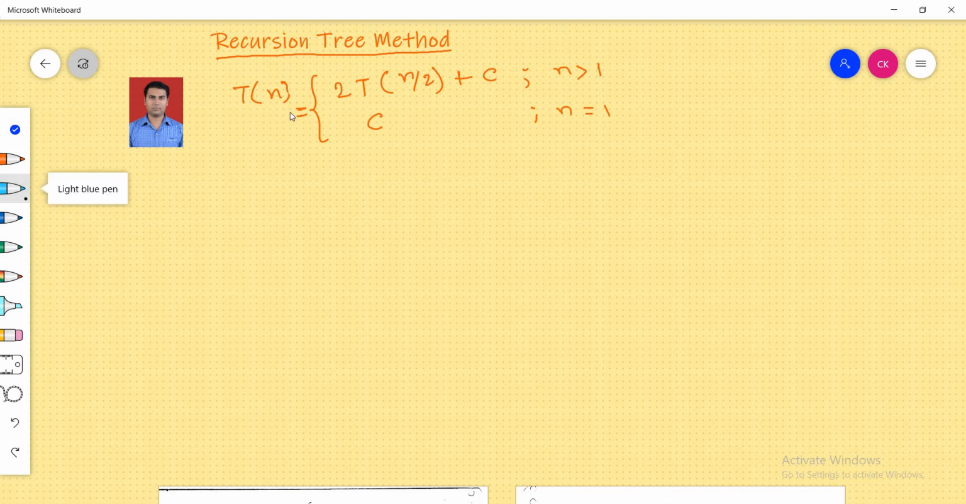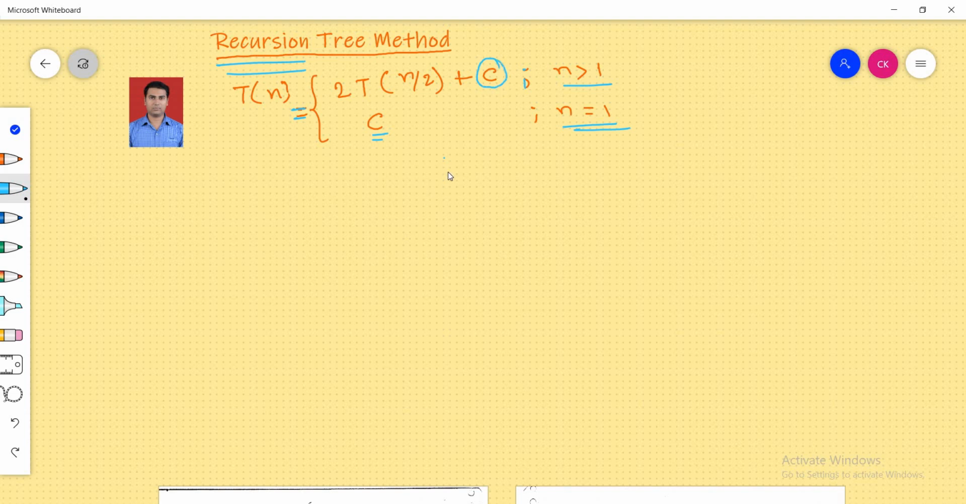So let us suppose this is the recurrence relation given. T of n is equal to 2T of n by 2 plus some constant c for n greater than 1, and T of n is equal to c for n equal to 1. So how to solve this recurrence relation using this recursion tree technique is, let us suppose, if we do c amount of work, we can